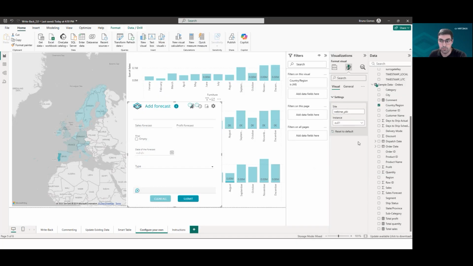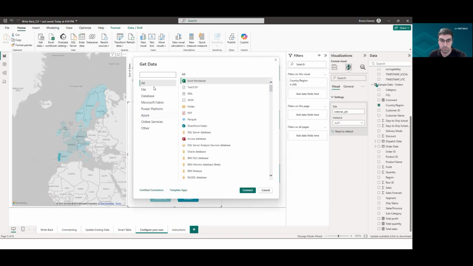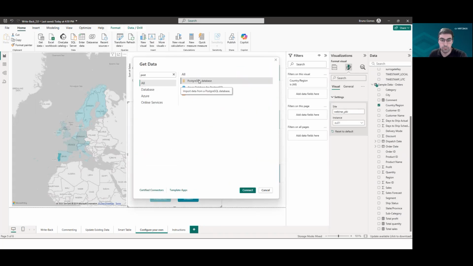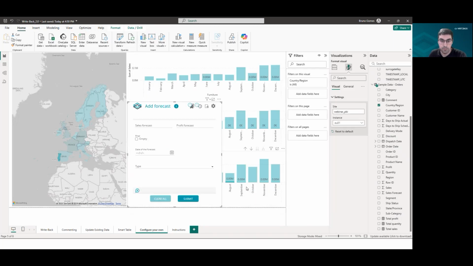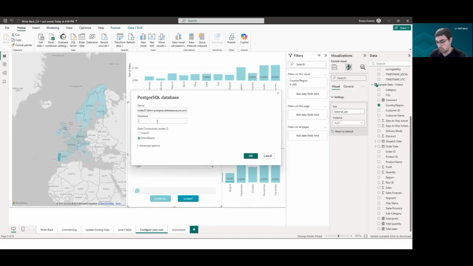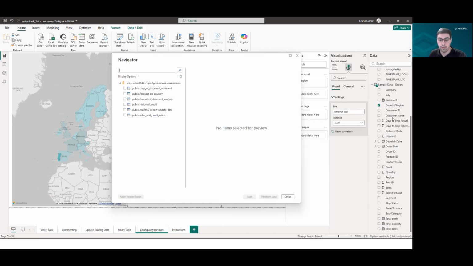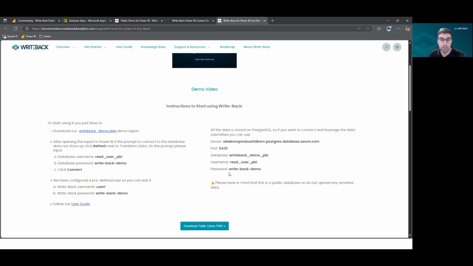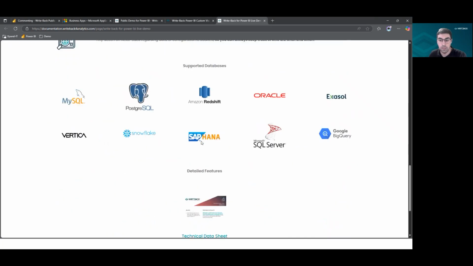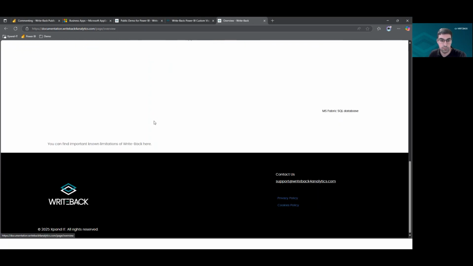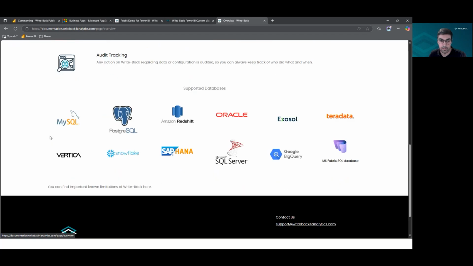Behind the scenes, a new table was created. So let me connect to the table to show you how it looks. I'm just going to connect to the database type that I'm using. By the way, we do support multiple database types today with Writeback. I can just quickly show you that as well. On our documentation, you can find all the necessary information for this. But right now, I'll just quickly jump over here, where you can see the technologies that we currently support, including Fabric SQL, if you're already using that within your Fabric